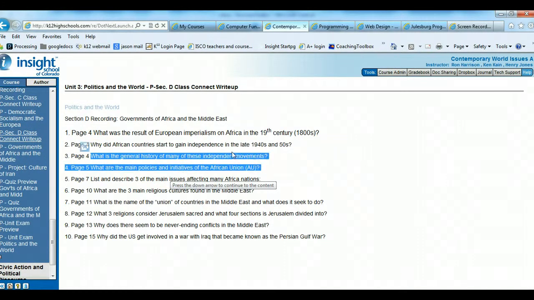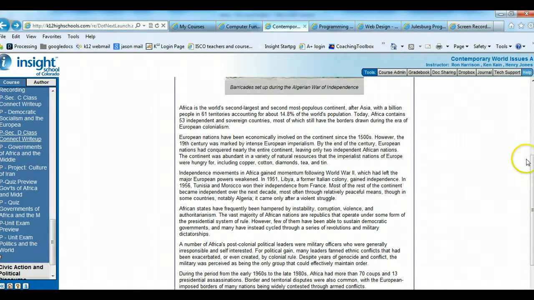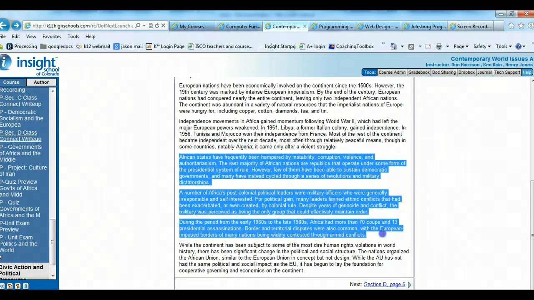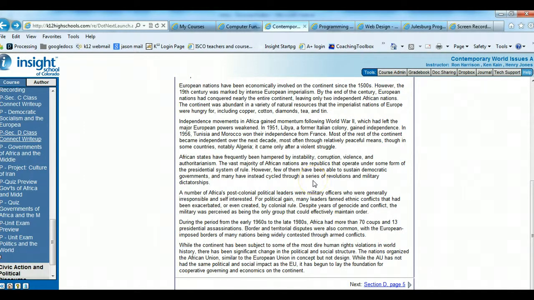What is the general history of many of the independence movements? Well, generally, the history was that they had terrible instability, corruption, and things like that. I'm trying to find that specific answer on here. So really, don't copy and paste this whole thing, but generally, the history of all these things is that the vast majority were run by, or actually it starts right here,